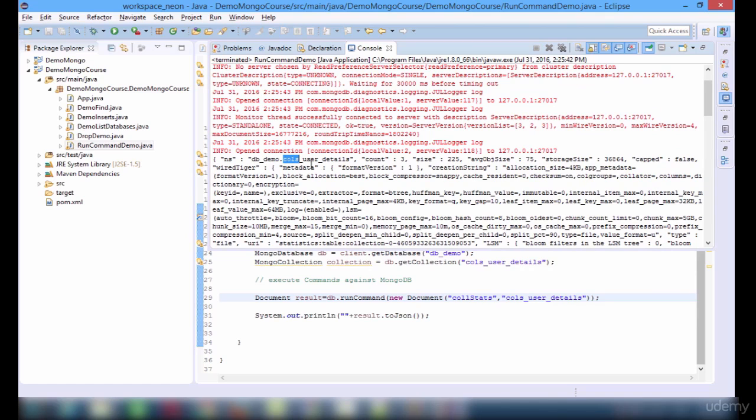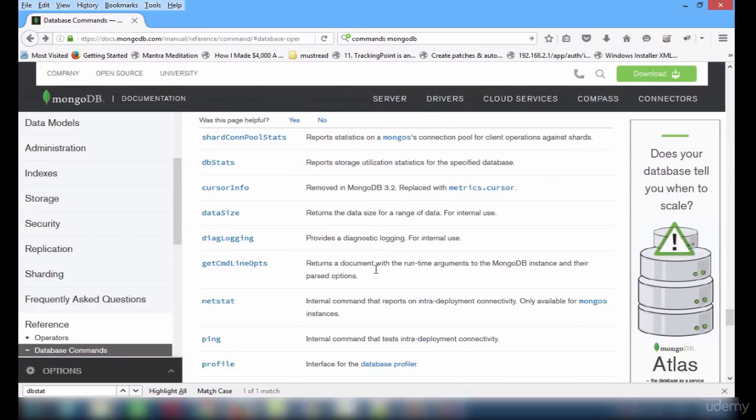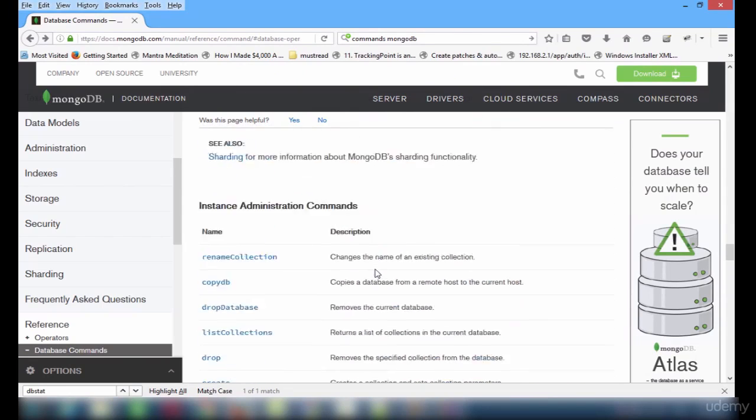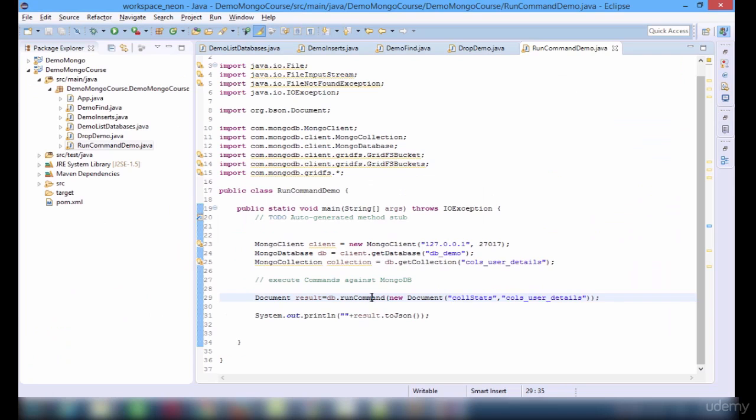The details of the collection is presented here. There are many interesting operations you can do with this. For instance, you can shut down the server, you can copy the database. Try by yourself. This is a very useful method for doing such operations. We have seen about how to execute commands against MongoDB. The next one in our list